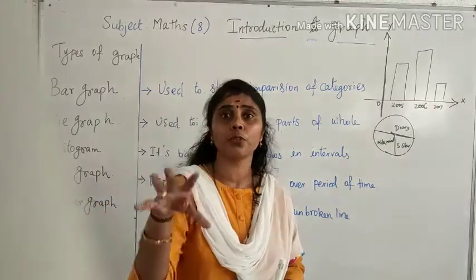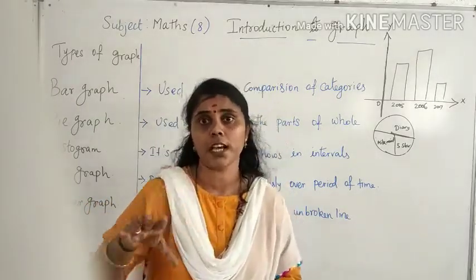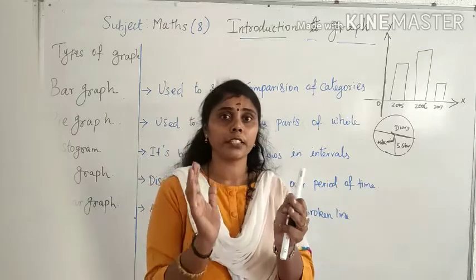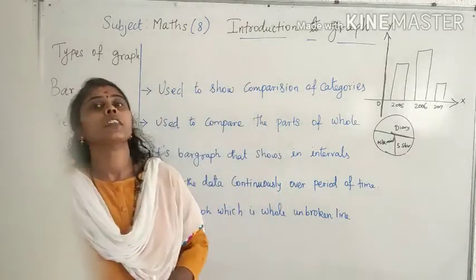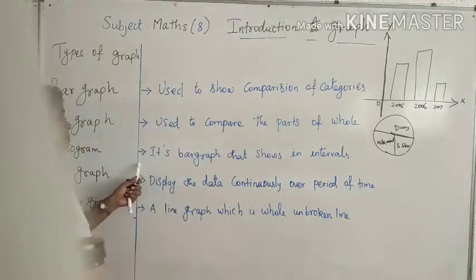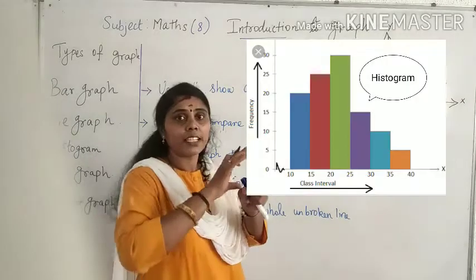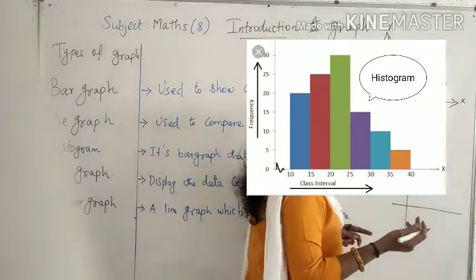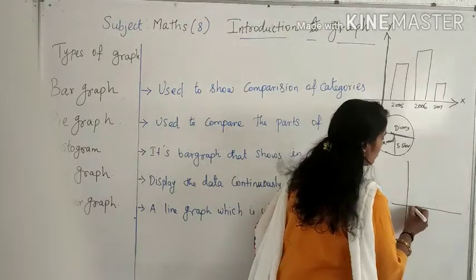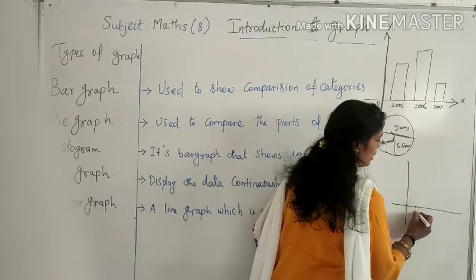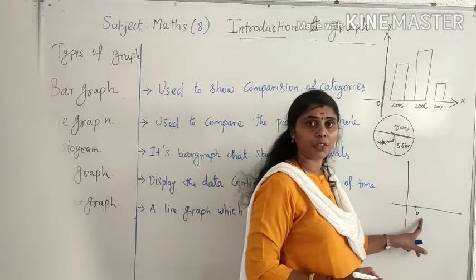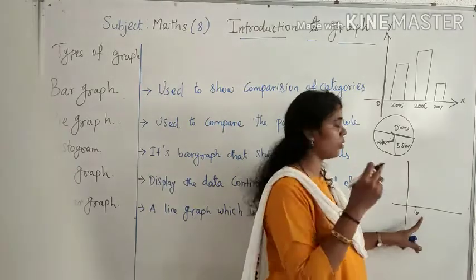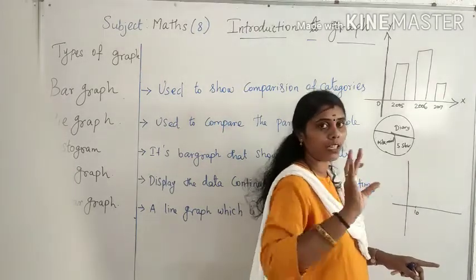Like that if you want to divide it, the information is continuous. Where you are getting continuous information, then you can use the histogram, right? So it shows the intervals. So you are splitting your timing depending on that. In the morning, suppose you are starting with 10, so 0 to 10 we are showing here. 0 to 10 the information is given.